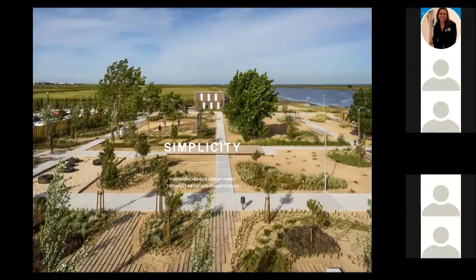The second principle, simplicity, speaks for itself, but a way in which it's often used and achieved in a landscape is where two or three colors or patterns are used and repeated throughout a landscape. Simplicity is often achieved through repetition, which is another principle. This case study